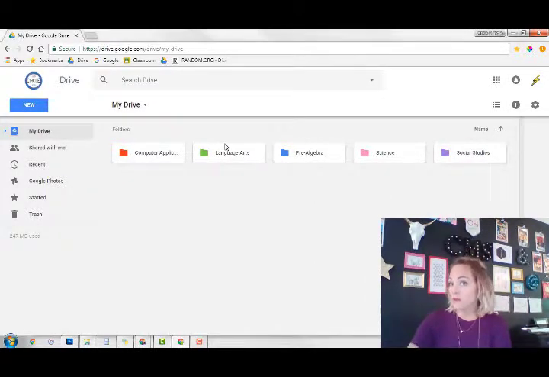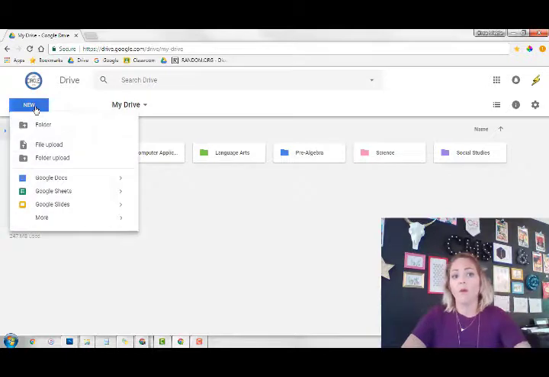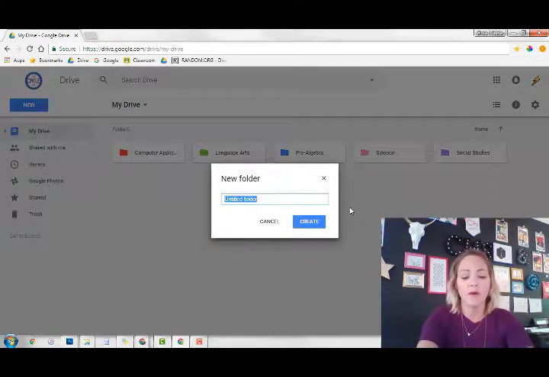Okay, now there's another way that you can organize this, and that is with numbers, so that as you go, things will be arranged numerically also. So if you have something that you always want to be at the beginning of your drive, you could have a number 1 and then the name of the folder. So like I have a folder called To Print, and I always want that to be at the front of my drive. Well, your drive is arranged alphabetically. So see, we have computer, language arts, pre-algebra. It's all alphabetical. So if I want my To Print folder, or you could have a homework folder. So if I want homework,